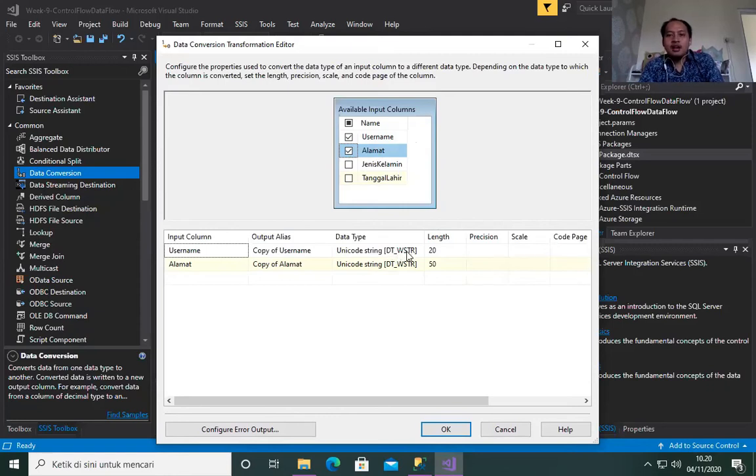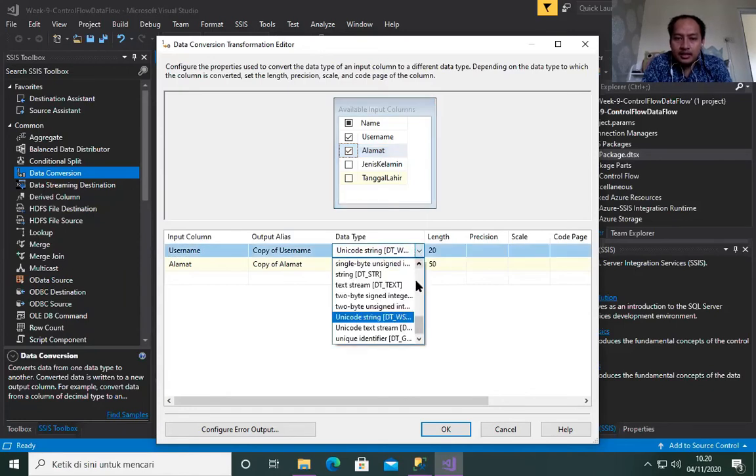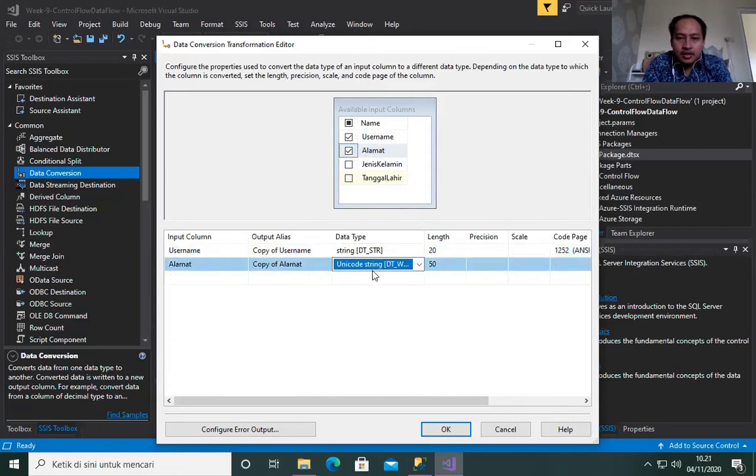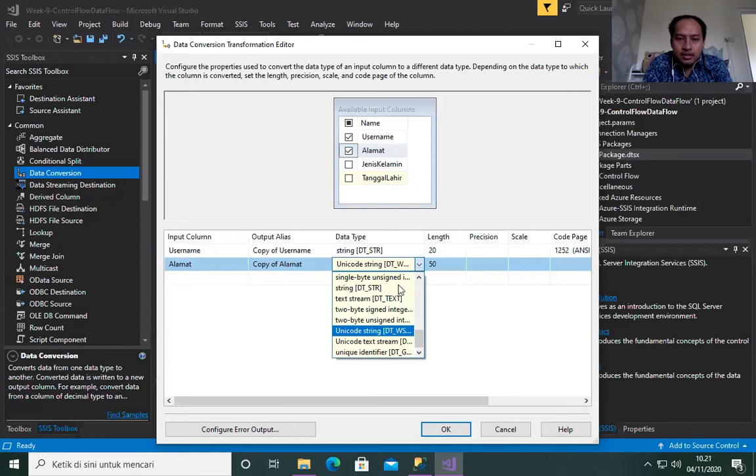The problem is our destination only has ordinary string, or DT_STR, so we have to convert accordingly. We want to make it not DT_WSTR anymore but DT_STR. So we change it here to DT_STR, and in the element we also change to the same data type, DT_STR.